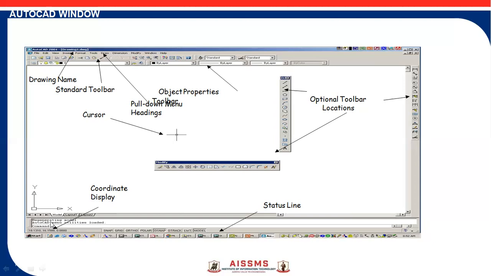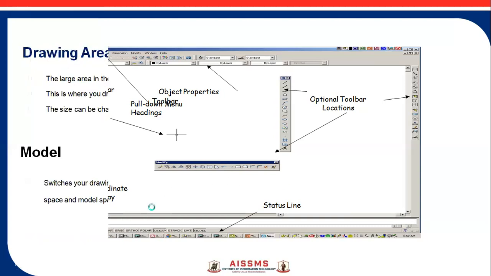In the command line you will write the command, maybe the basic commands or modifying commands or dimensions, or whatever layers and formats we have to mention there, and then you have to draw. There are also some keys available: snap, grid, ortho, polar, osnap, otrack, lw, and model. These are the shortcut keys used to draw the different features of the drawing. At the time of the practical, I will demonstrate exactly how to use them.